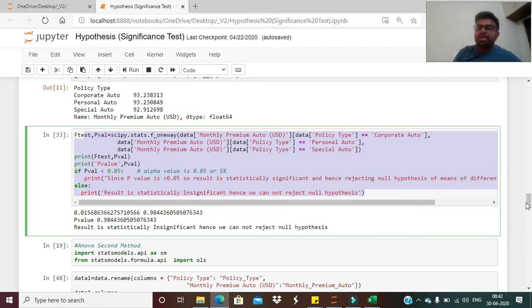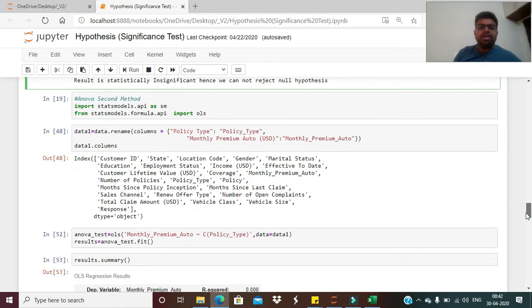In a simpler way, we have another way of calculating the ANOVA, which is from the statsmodels.api library. Whenever we develop a linear regression model, this is the way to get it.